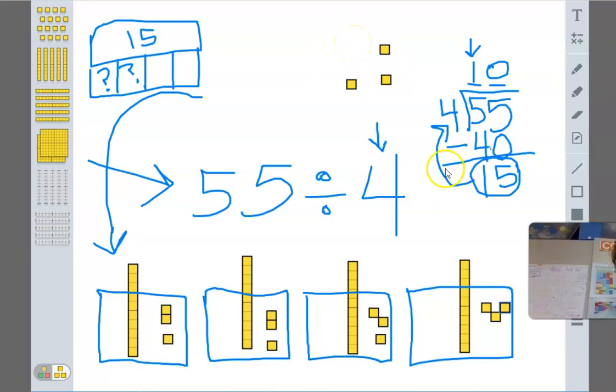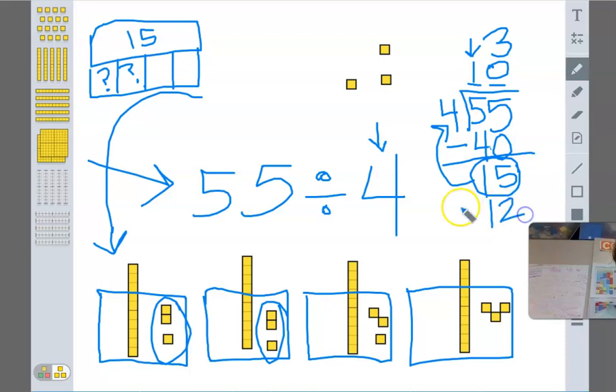So out of those 15, I split it up into 4 groups and each person got how many of those? Each person got 3. So I'm going to put that there. So 4 groups of 3 makes a total of what? Because it wasn't 15. I didn't use all 15. So 3, 3, and 3, and 3 make